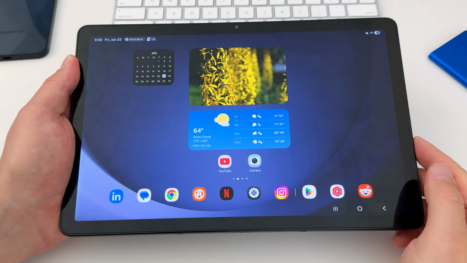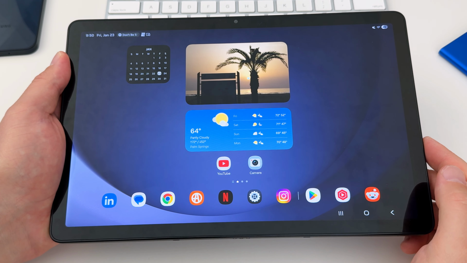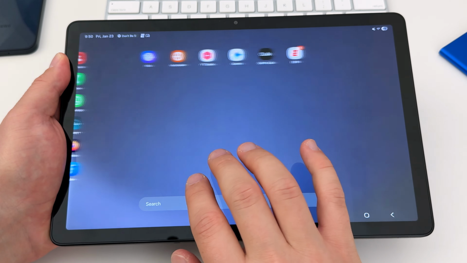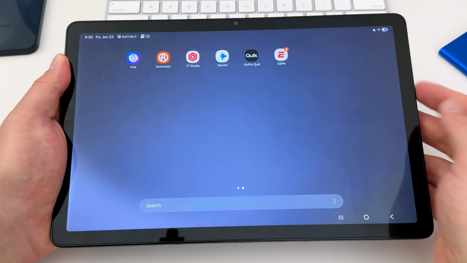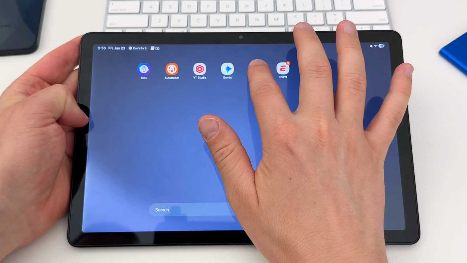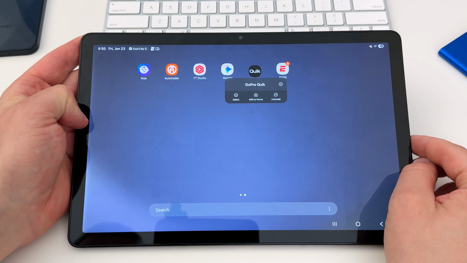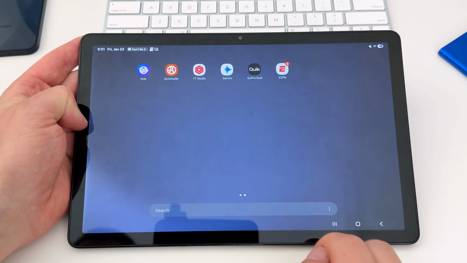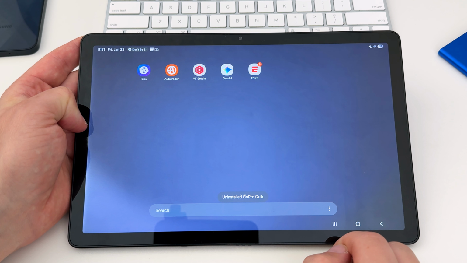To delete apps on an Android tablet, first swipe up to reveal the app drawer. If you remove an app from the home screen, it doesn't delete the app, so it's important to do this from the app drawer instead. Find the app you'd like to delete and tap and hold it until it starts to bounce. Then choose Uninstall. Most apps will uninstall just fine, but Android always has some default system apps that cannot be